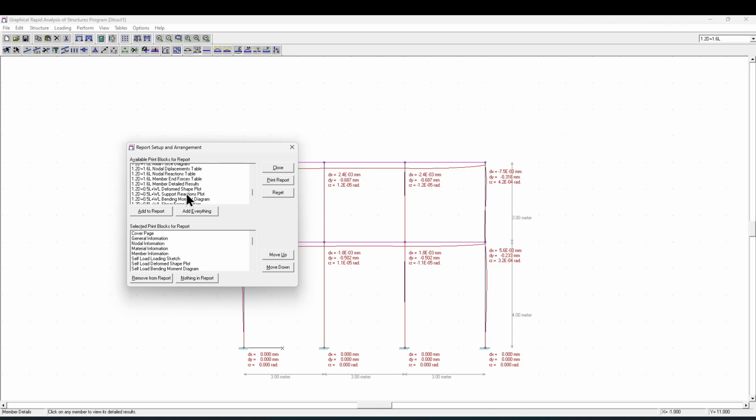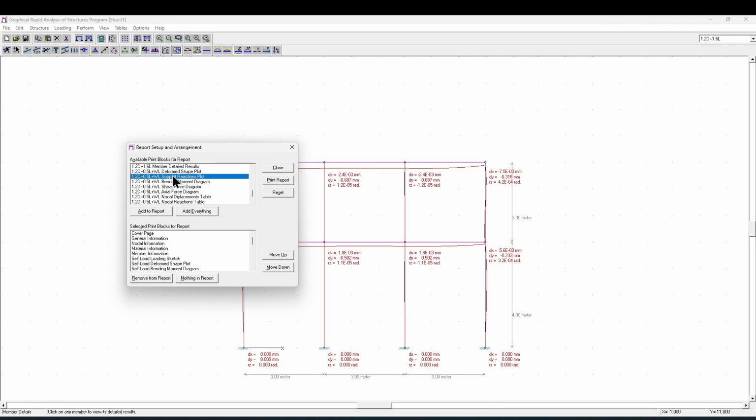Can always do that. You can just select here, plots, diagrams, moments, tables, right there. So for example, this one, add to the report, and as well as for the loading combination,